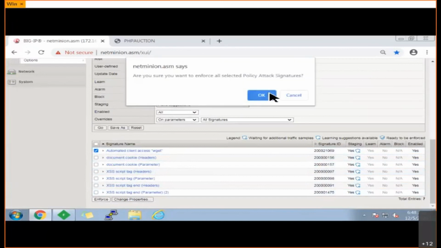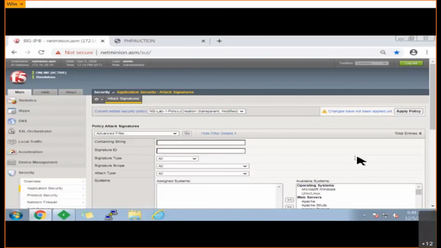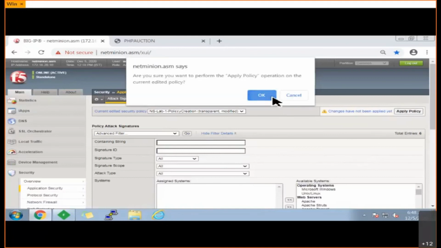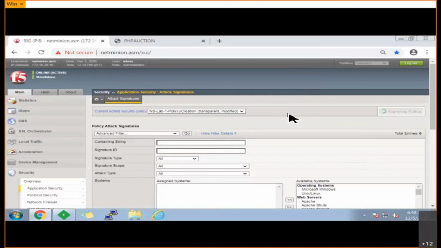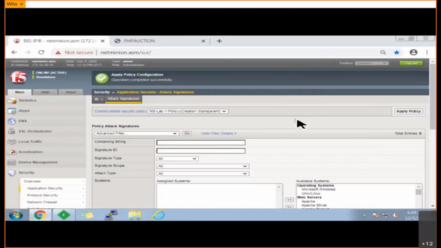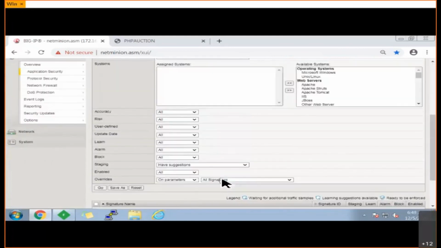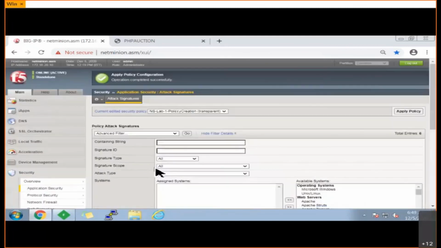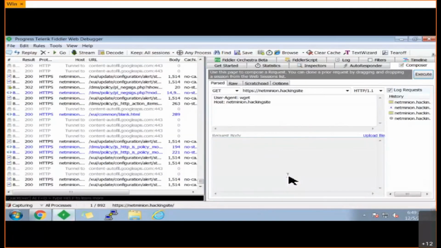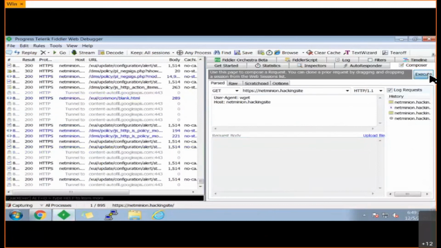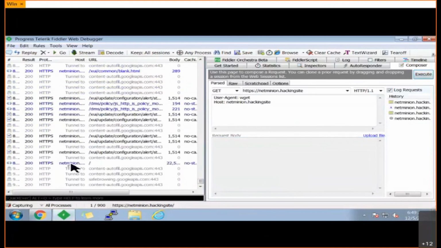So Andy, I hope this was your question, right? So I have enforced it and I am applying it. Okay. So what I did is I said that I am enforcing wget. So wget is now enforced. Policy is applied. Let me go to the Fiddler tool again. Okay, and maybe let me execute this request again. So if you see this request,